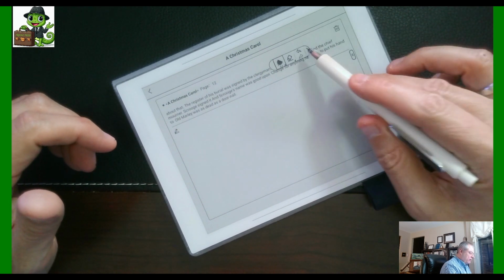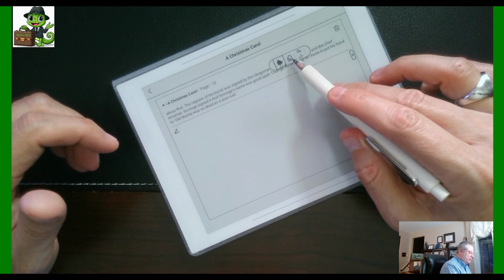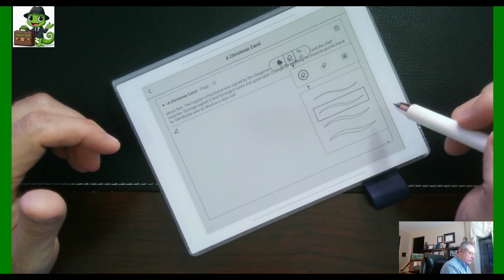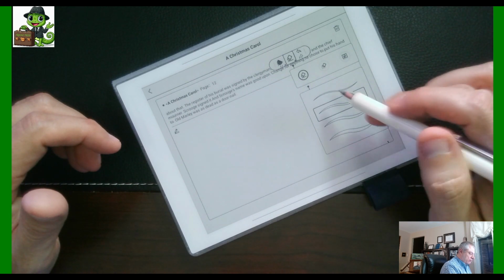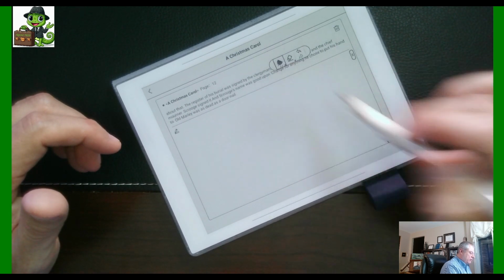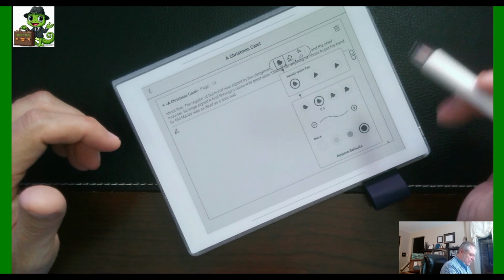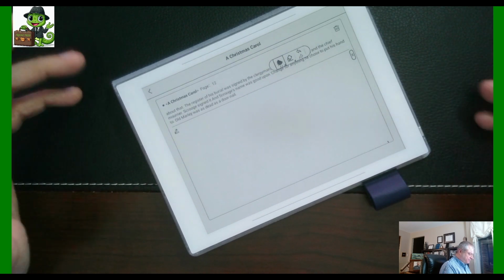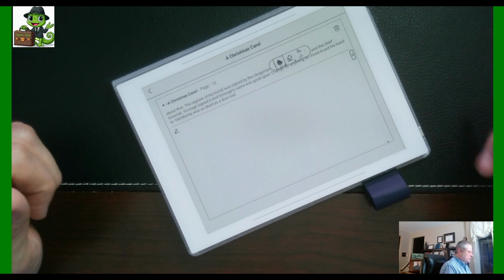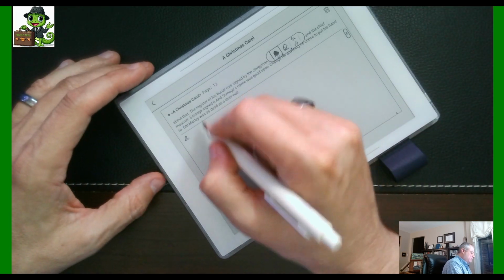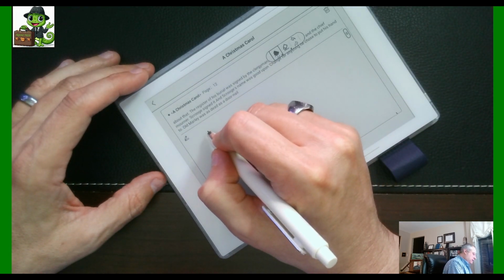You can delete from here, you can undo and redo, you can erase, and that can be either a region eraser or a more stroke eraser. And then you can also pick your pen style. I personally like the 0.3. It works really well for me, and I stay in that. But right here, we're going to say, so this is the very beginning of the book. We're going to go ahead and say,